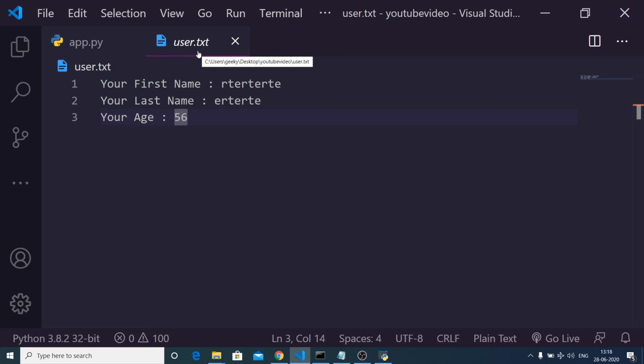So in this tutorial we have seen how to handle file operations inside your Tkinter application, and all the